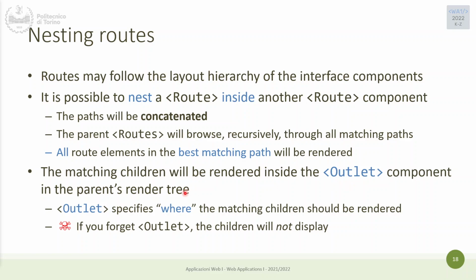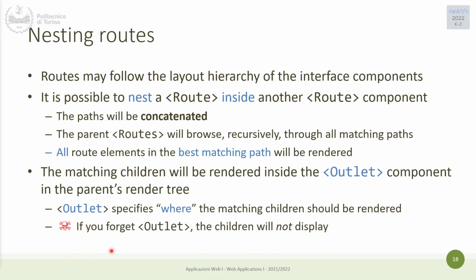This is necessary because even if the hierarchy is clear, so when you specify an inner route, you know that this part of the application will be displayed under the part that contains the footer, the React application doesn't know which is the point in which you want to display this children component. So you have to put this Outlet tag somewhere to specify explicitly where you want to render